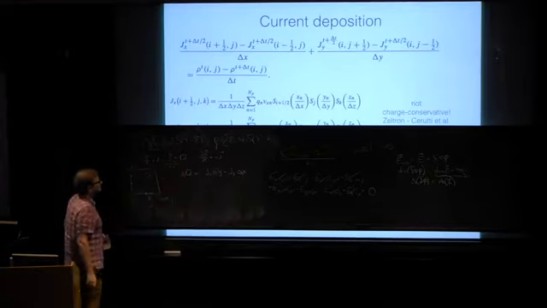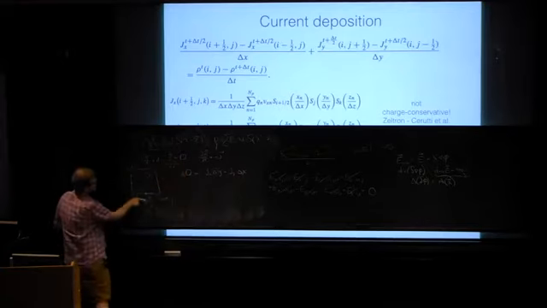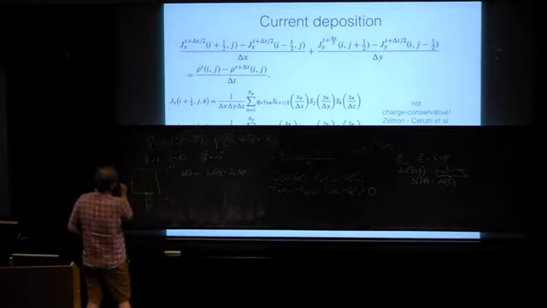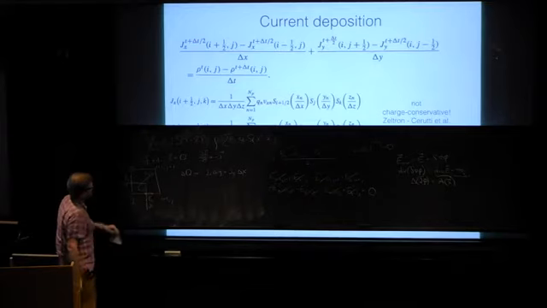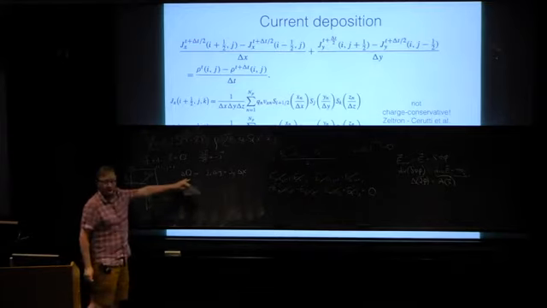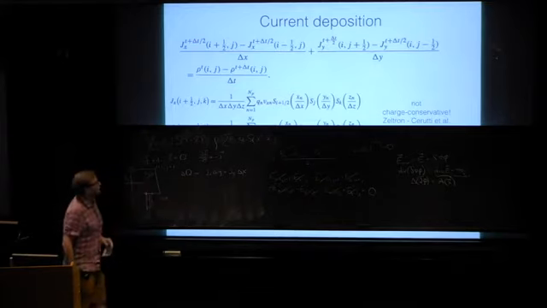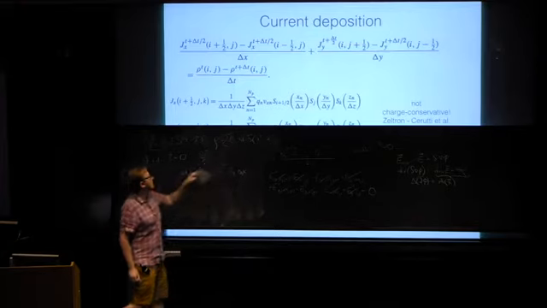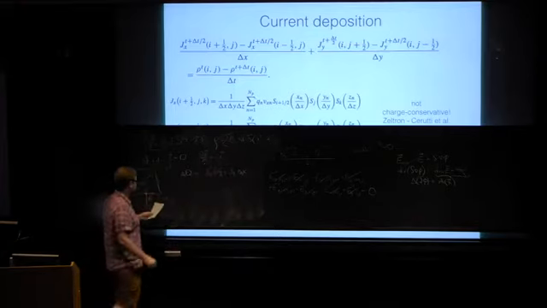Okay. So this is a flux of Jx through this border. This is a flux of Jy through this side, and this is the change of the charge inside the cell. So this is computed straightforwardly. You just get the change in the shape functions at this position. So you get something like